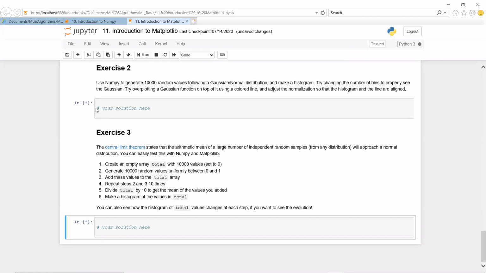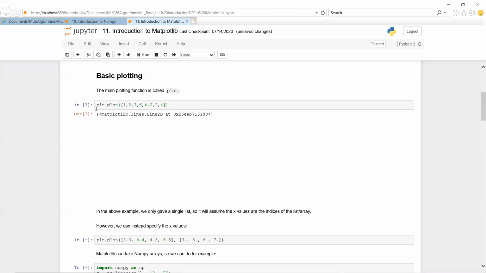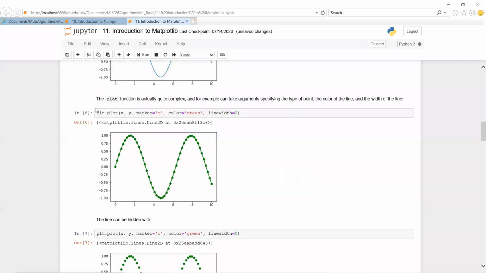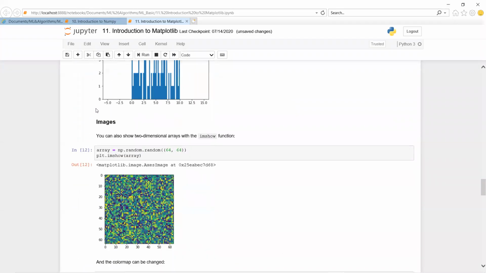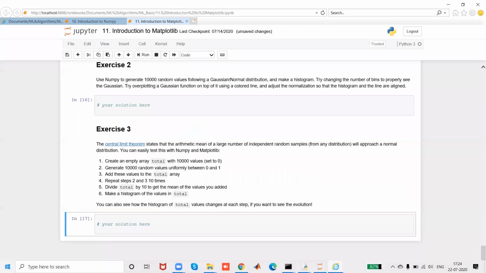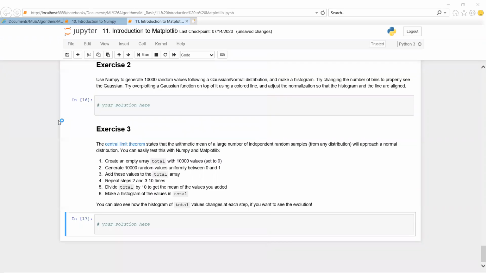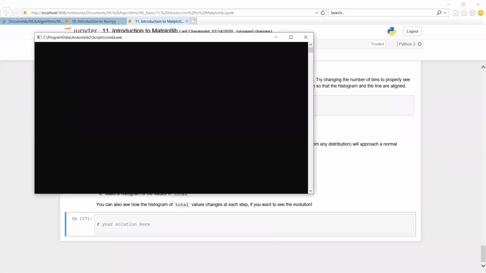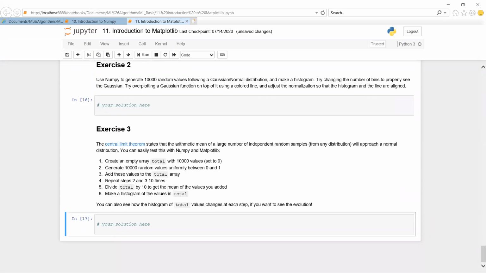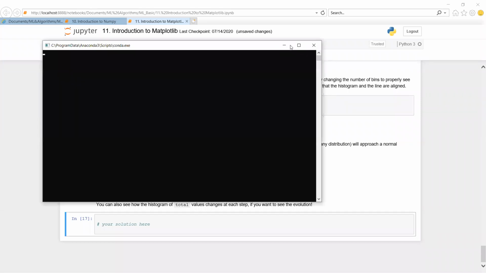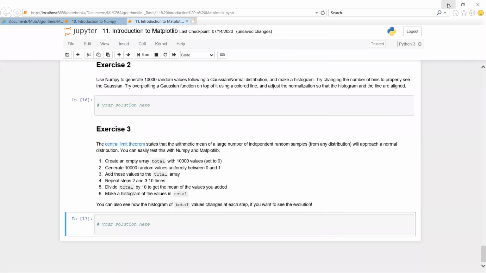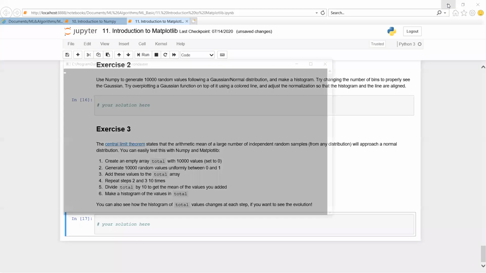So this is about how we can use .ipynb, so Jupyter notebook. Directly we can open Jupyter notebook by searching Jupyter, or else we have to first open Anaconda Navigator. In that we are going to use this one, Jupyter notebook. So in Anaconda Navigator we have different types of frameworks.